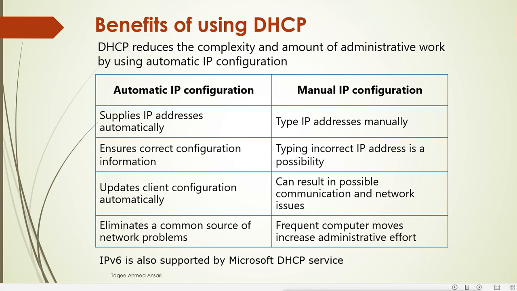Now for IP addresses, we have two options for configuring the IP address on the client machine. If we want to connect the machine to the network, what we need is network connectivity and also the IP address. One is manual, that means static. We can configure the IP address statically, that means we configure it manually. The second option is to configure the IP address dynamically. Dynamically means the IP address will be given and configured from the DHCP server.